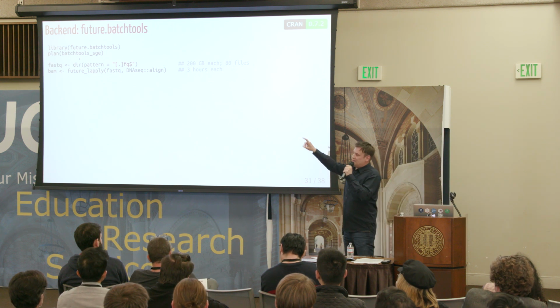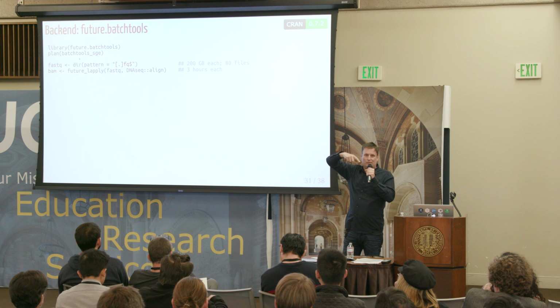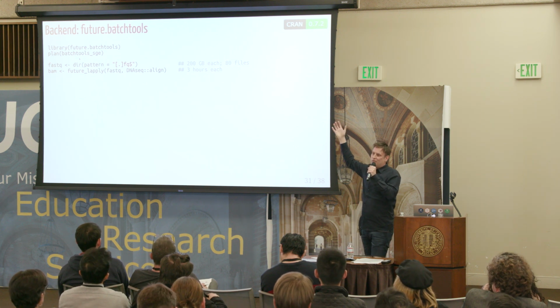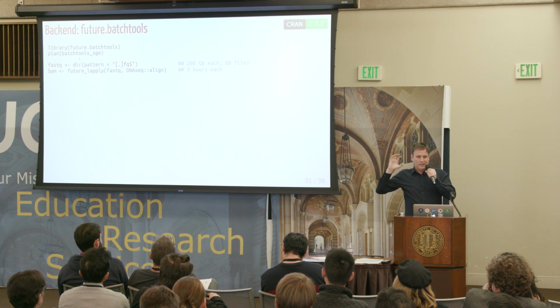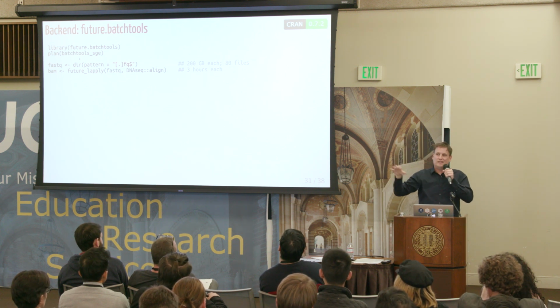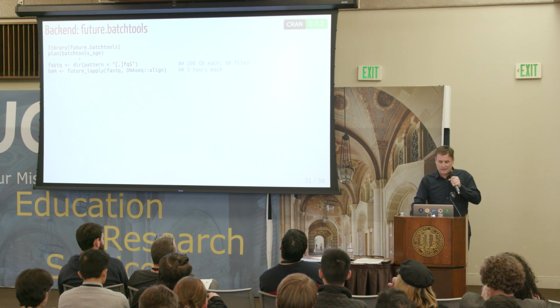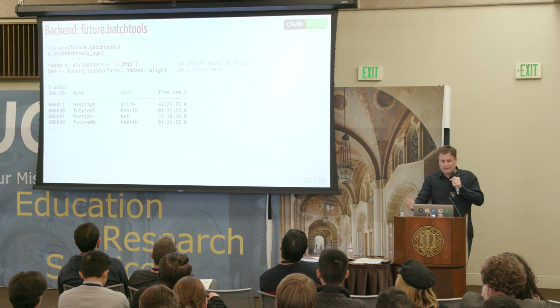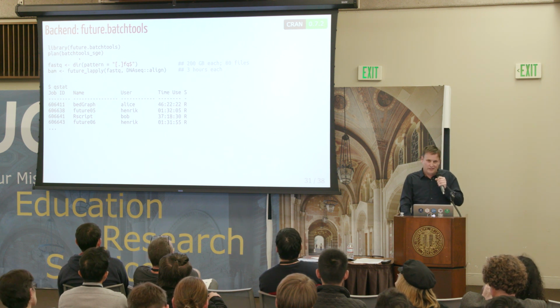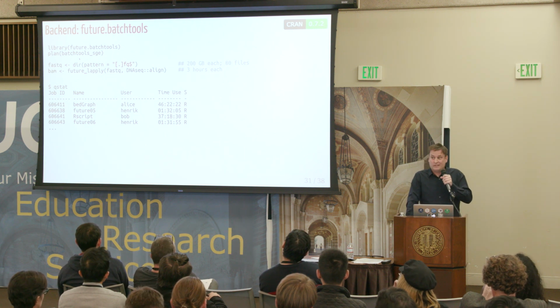The only thing that I replaced from the previous line where I run parallel on my local computer is plan(batchtools_sge). SGE is one kind of scheduler, and this will now distribute it out on the compute cluster, assuming that all the compute nodes have access to the files, of course. And then, if I have enough computers, this will take 3 hours at most. Everything runs at the same time if I'm lucky.